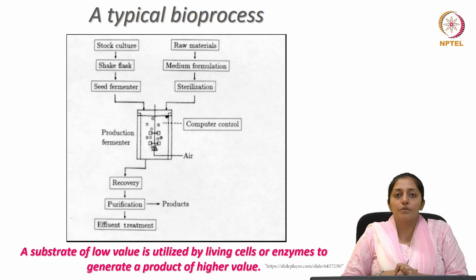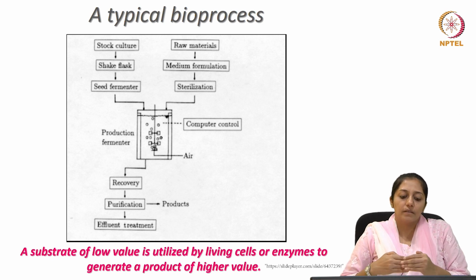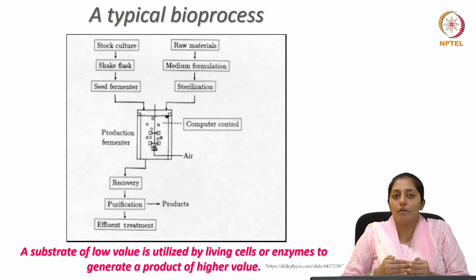There is a sparging device through which air can be continuously sparged inside the reactor to make oxygen available for growth of the organism. Then below the reactor, the steps involved come under downstream processing, which involves the recovery of the product, which may involve separation of the product from the biomass. Now, if the product is extracellular, then the cell need not be disrupted and the product has to be separated from the broth. Otherwise, if it is intracellular, then first the biomass has to be harvested, which means separated from